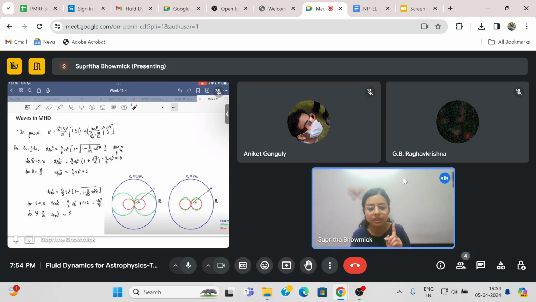Once again, so that there are no doubts, Alfvén waves will propagate along the direction of B only. This is for illustration purposes. These circles are only for illustration purposes. The true Alfvén waves will only propagate parallel to B with one velocity VA. There is indeed a theta over there, but the Alfvén waves only propagate parallel to B. Okay. All right.